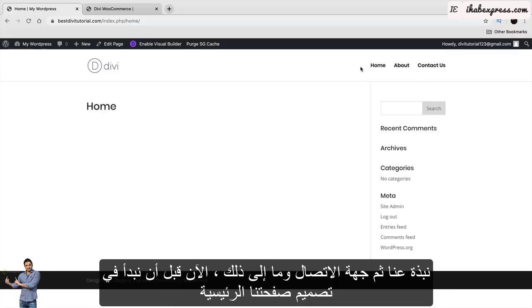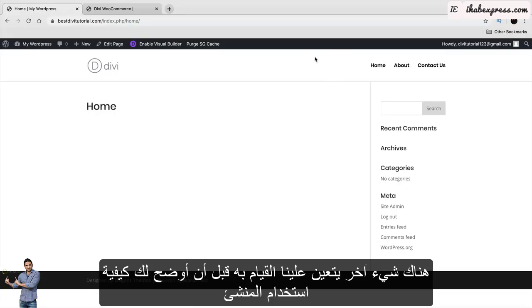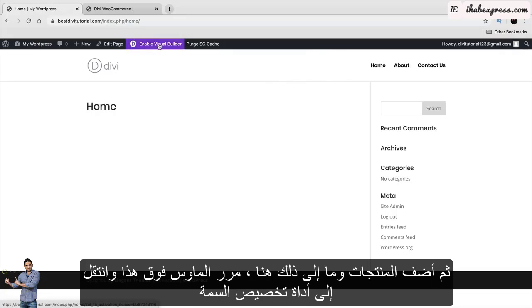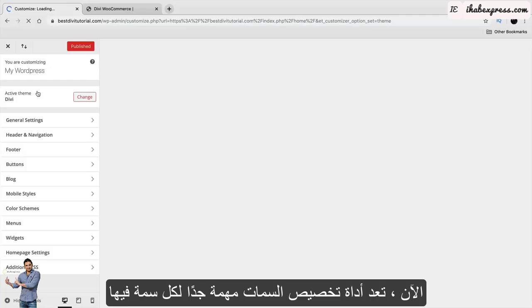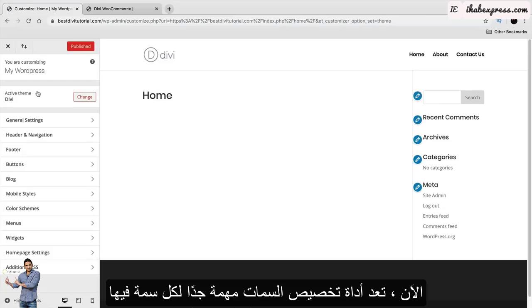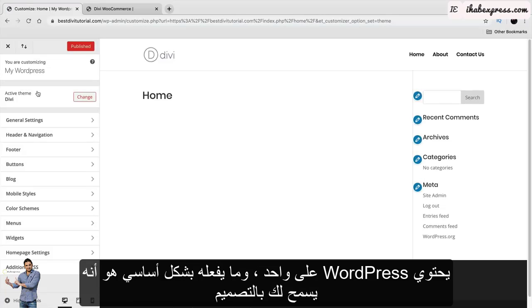Now before we start designing our home page, there's one more thing we need to do before I show you how to use the builder and then add products, etc. Over here, hover over this and go to the theme customizer. Now the theme customizer is pretty important. Every theme in WordPress has one, and essentially what it does is it allows you to style your website